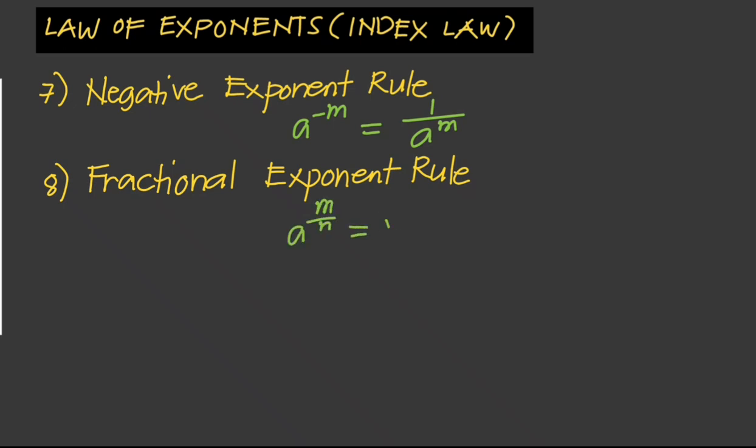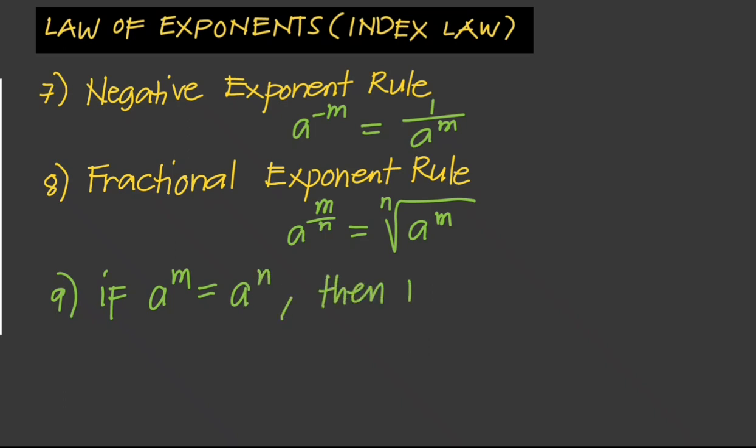So we can write this as the nth root of a to the power m. And lastly, if a to the m is equal to a to the n, then m is just equal to n, provided that a, our base, is not equal